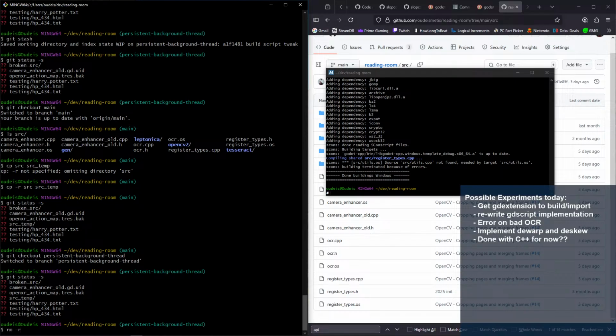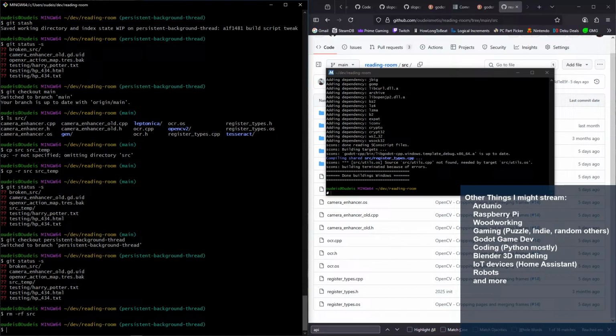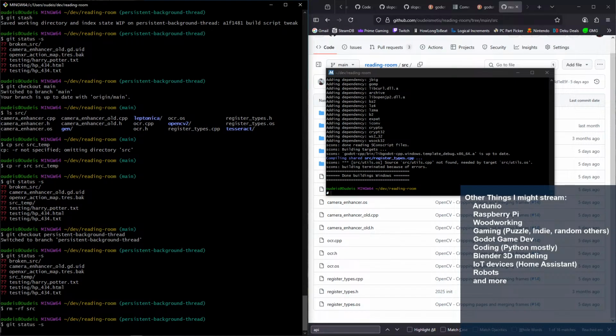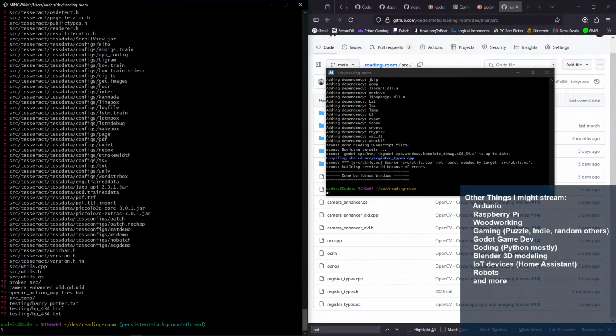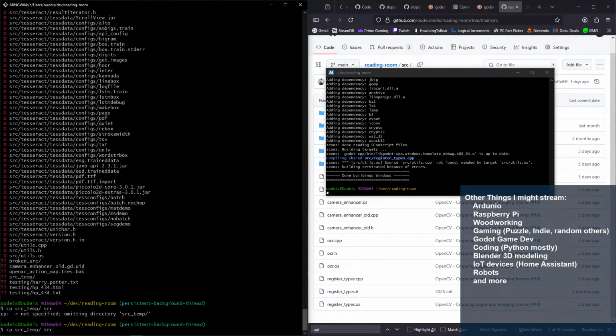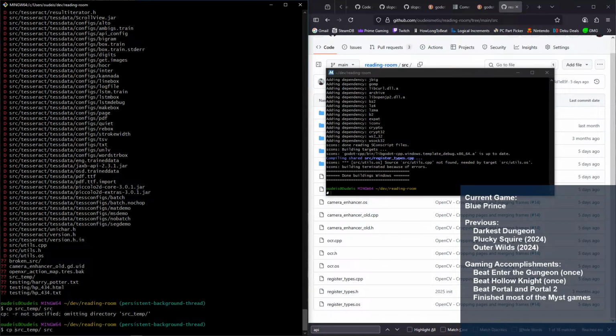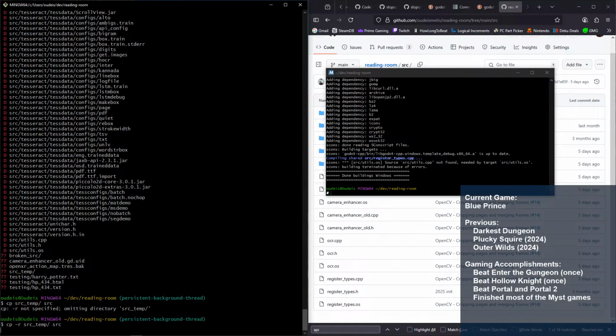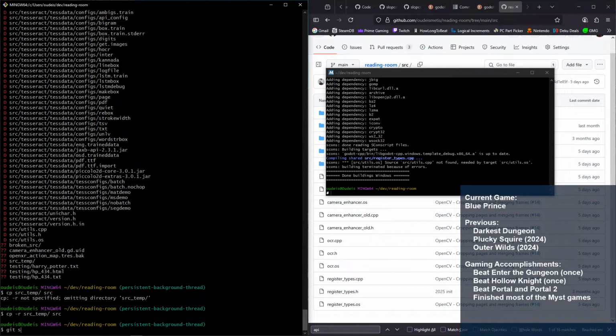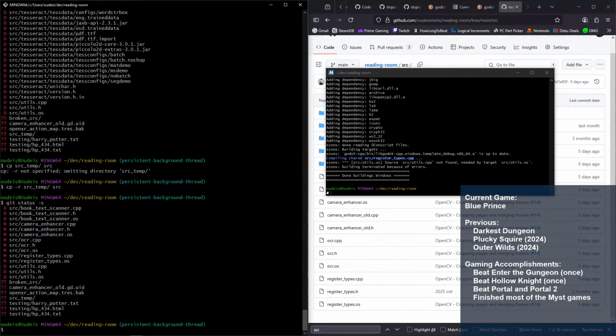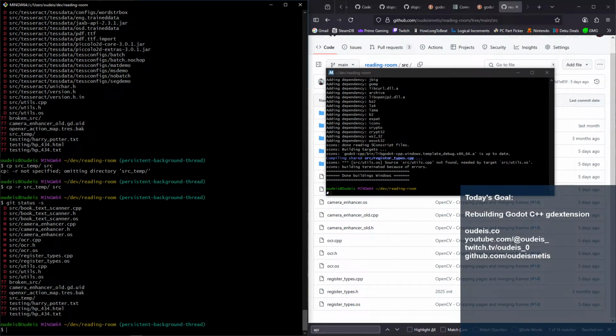I don't know. Remove -rf source. Let's just nuke source. Now it's going to complain because everything's missing. Let's copy source temp to source. Okay. So now we've deleted utilities. It's not there. Doesn't exist. Shouldn't exist.